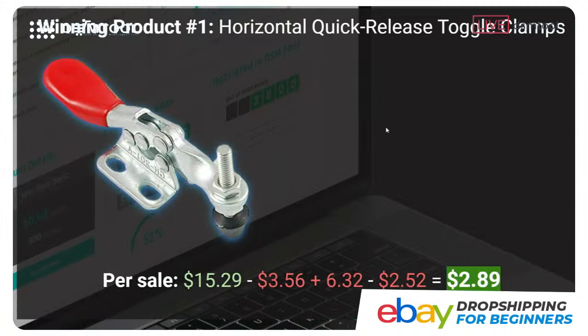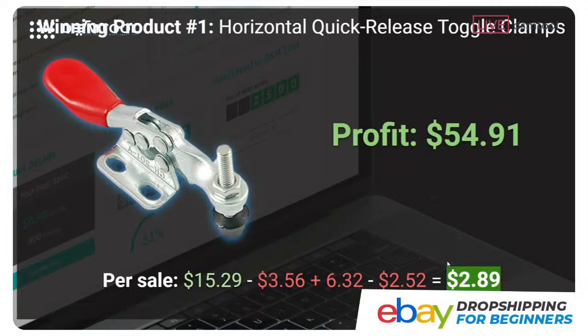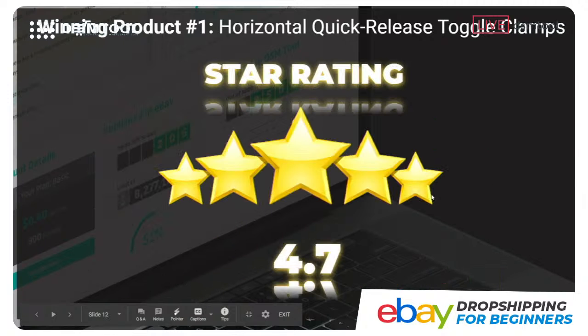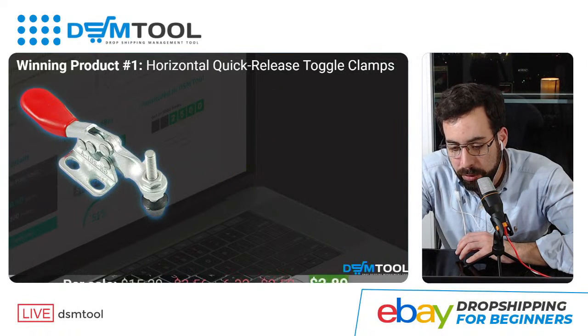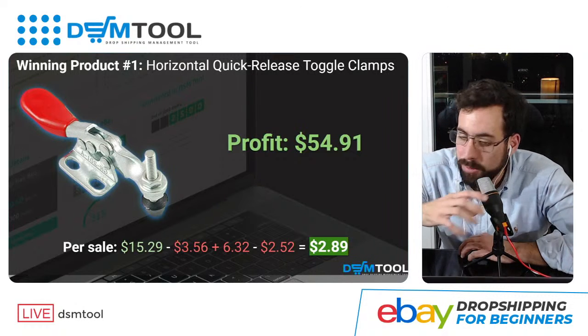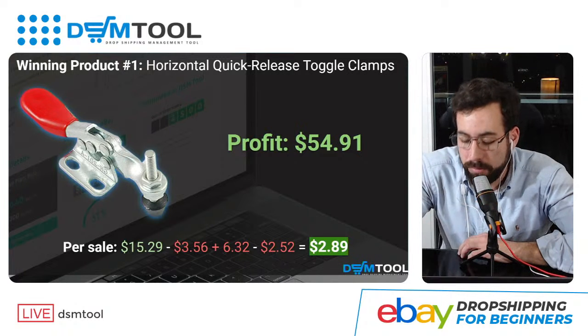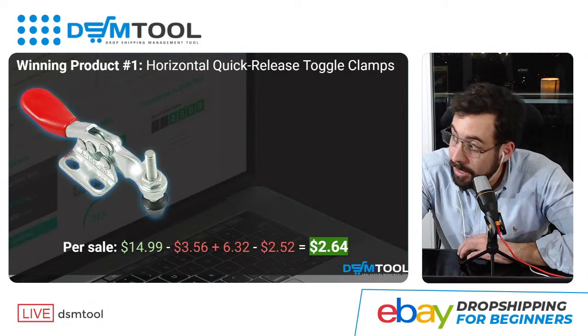Now, this seller is making the sale for $15.29, and if you apply that to the equation, this person is making around $2.89 or $5 per sale, as you saw. The total profit is this number multiplied by the total amount sold, which was 19, I believe. So if you multiply the profit per sale times the total demand sold on eBay, you get an estimated profit of how much the seller has made so far for this product. And if you want to make the sale, you can apply the 99-cent strategy,